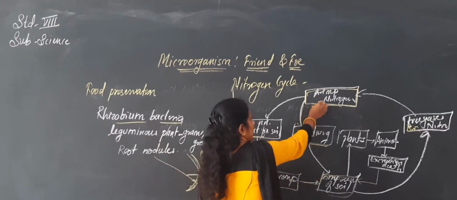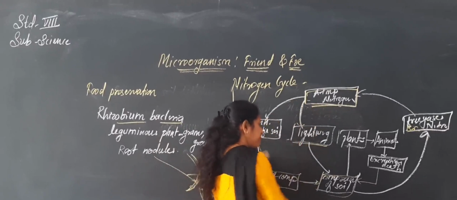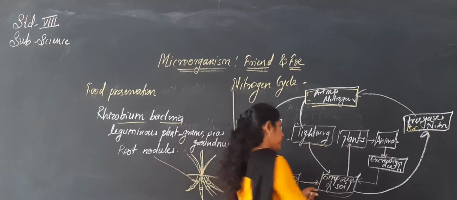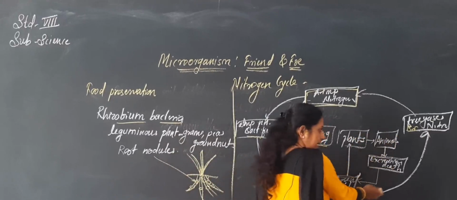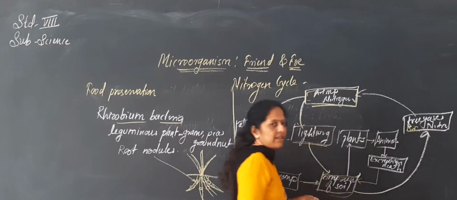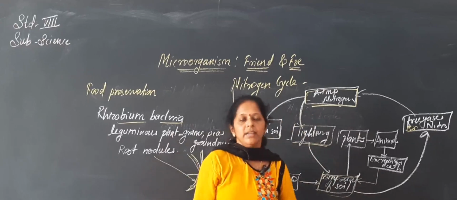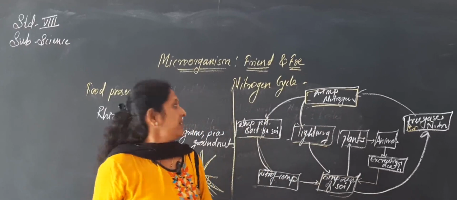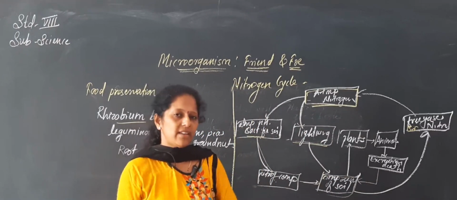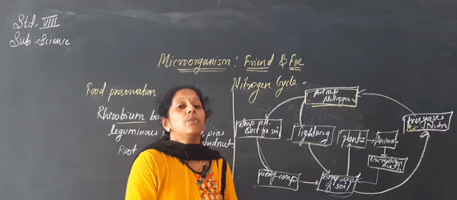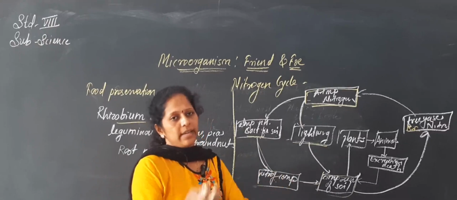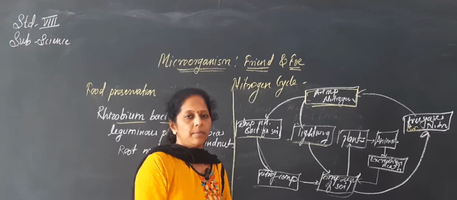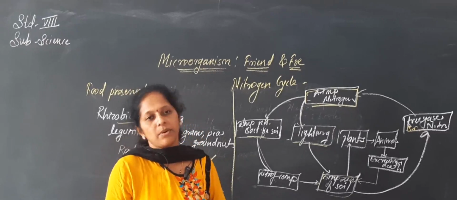Here free gaseous nitrogen enters the soil through bacterial fixing, then through the soil to the plant, to the animal, again to the soil, and again as free gaseous nitrogen by the bacteria to the atmosphere. So this is called the nitrogen cycle. How nitrogen goes from non-living things to the living, and from the living again to non-living free gaseous nitrogen, how there is a cycle of nitrogen, about that we learned.